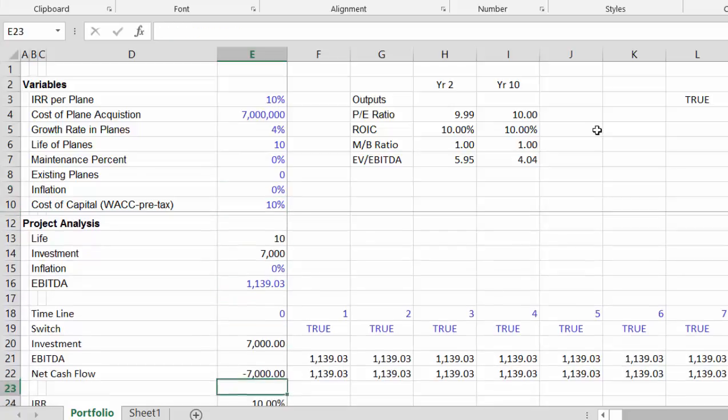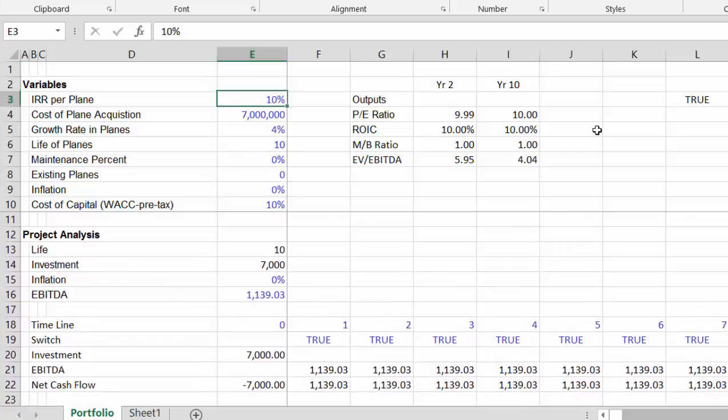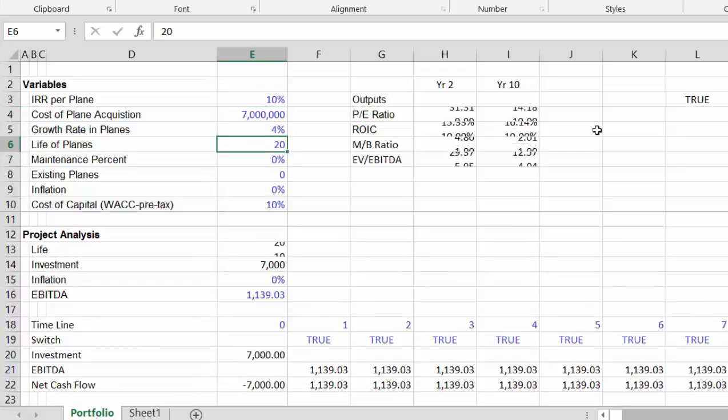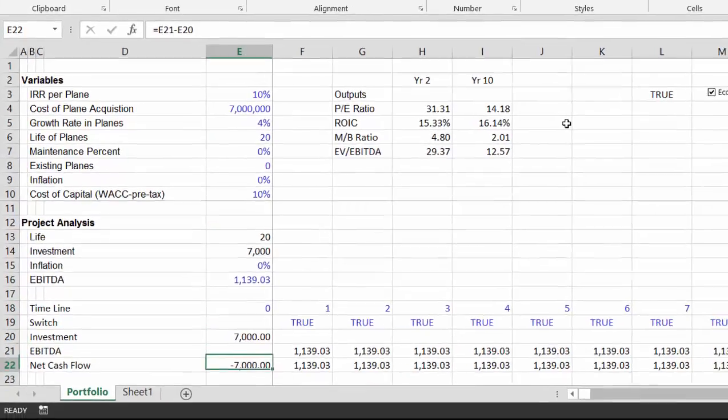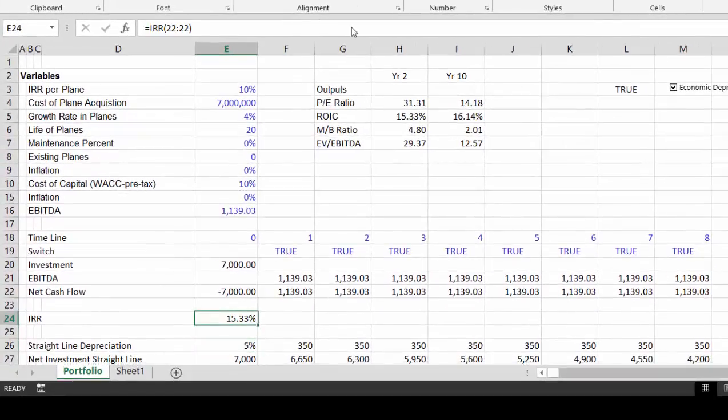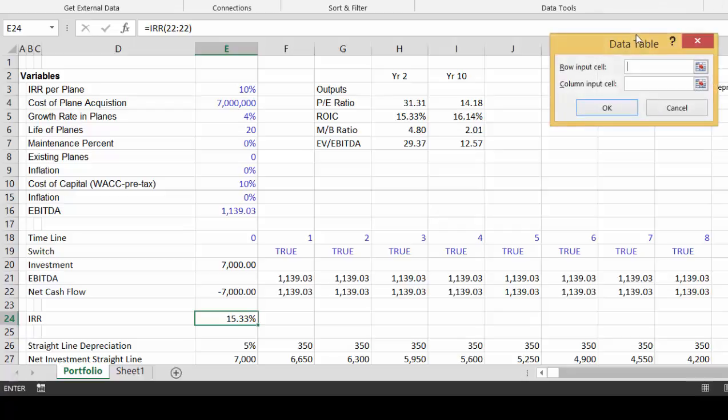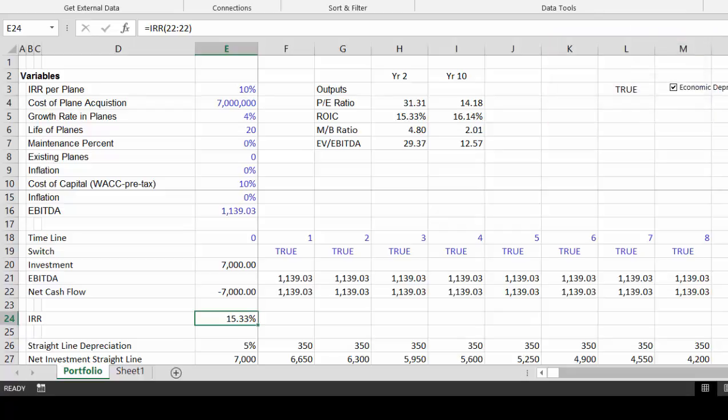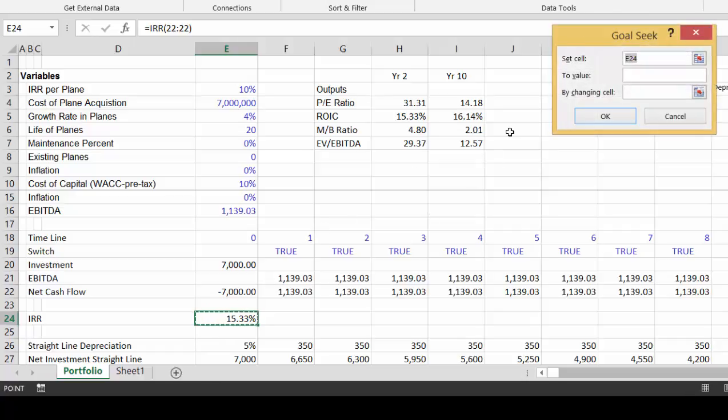To do that, let's say we put a 20-year growth rate. Looks like it changed everything a lot, but the problem is this IRR is too high, so we'd have to do a new goal seek. And what I want to do is, whoops, I didn't want to do that. I want to goal seek. If we make a goal seek and set this to the 10% by changing EBITDA,